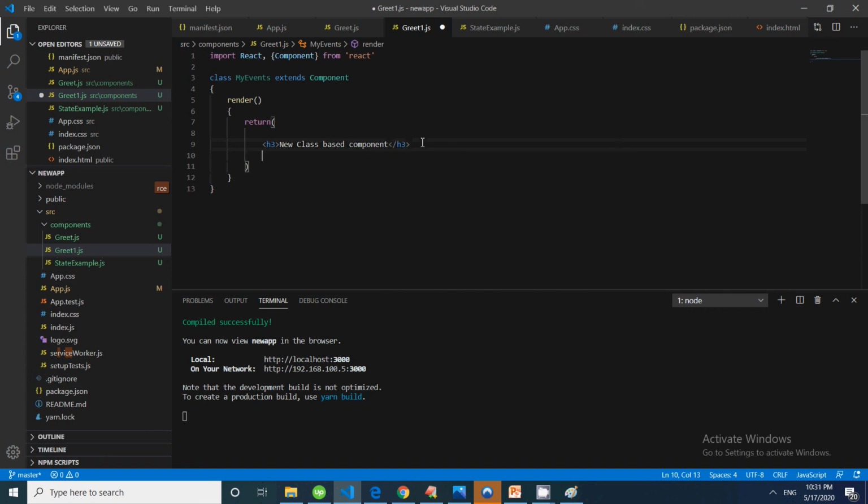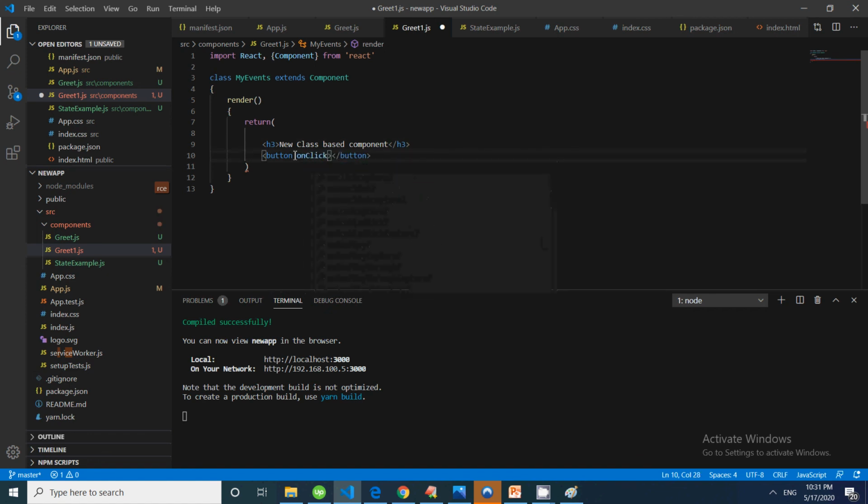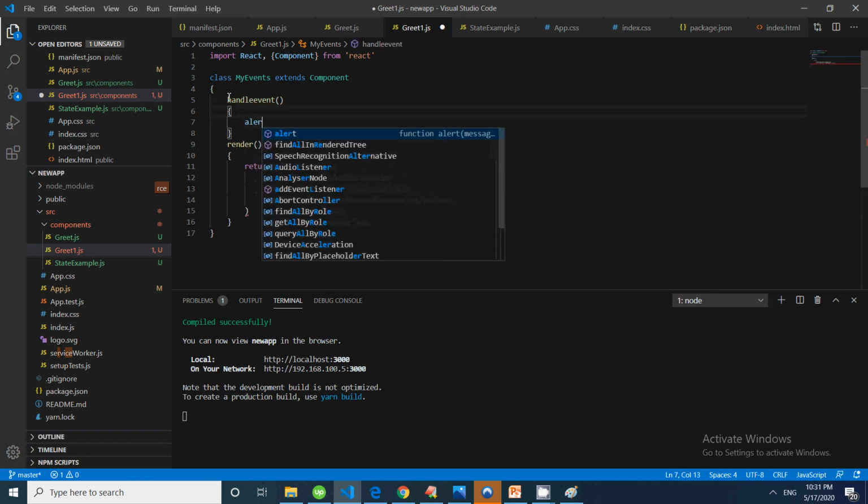Here we will be putting a button, and then again the same thing, on click. In this case we need to use the this keyword, this dot handle event, and now I'll be creating this handle event method. So handle event is a function, and I will be putting alert.